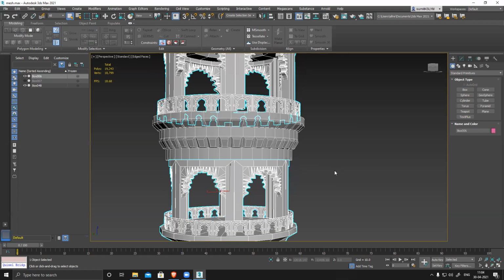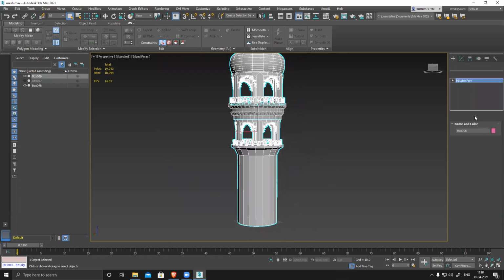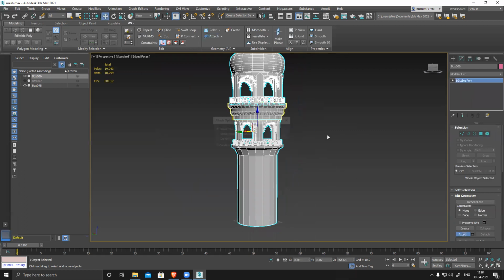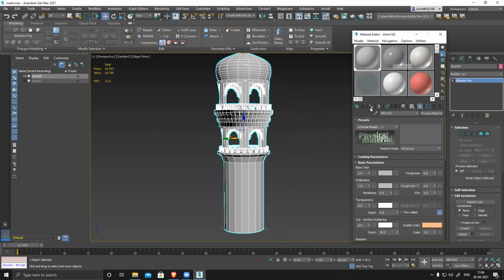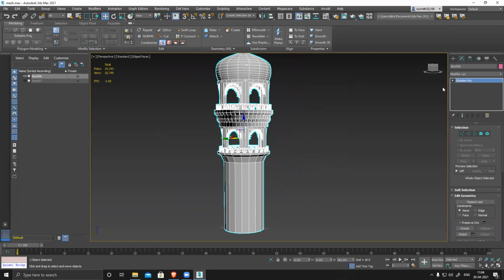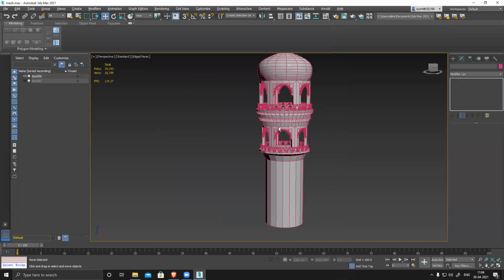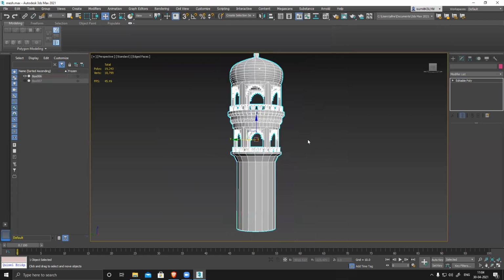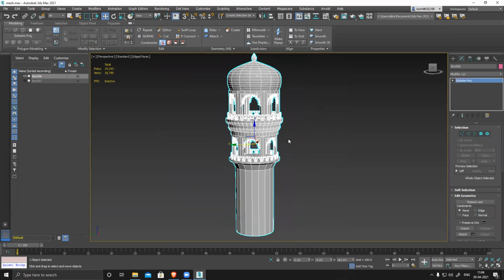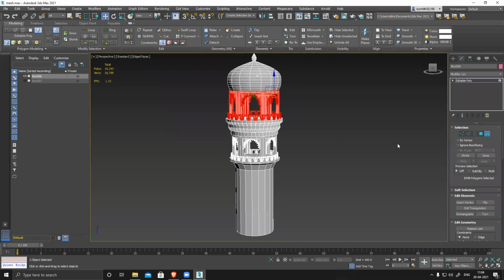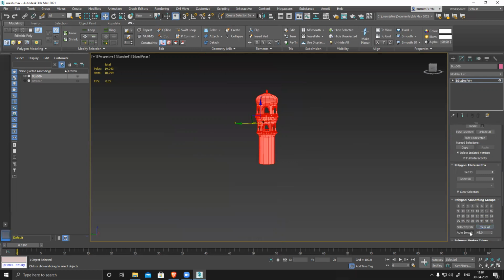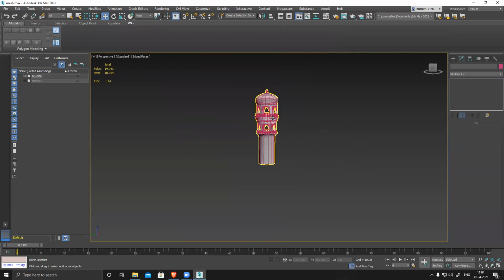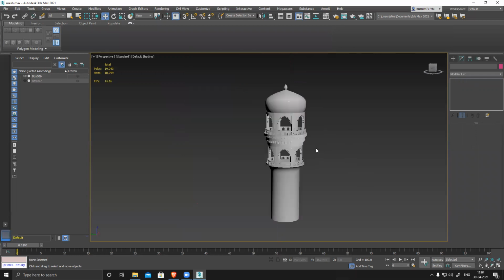I have to unwrap everything. So it's not combined with this. Oh, that's right. Still the same problem happened. Do one material applied to this. So with this, there is no high poly for this. It's just low poly.